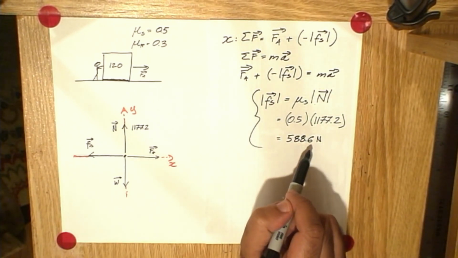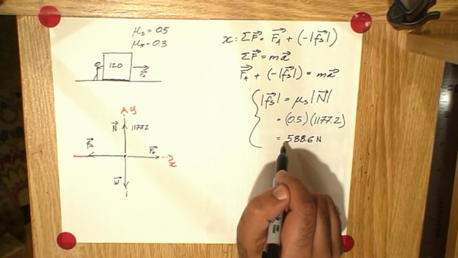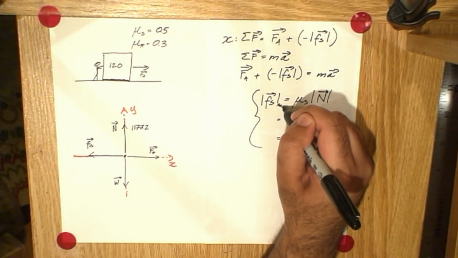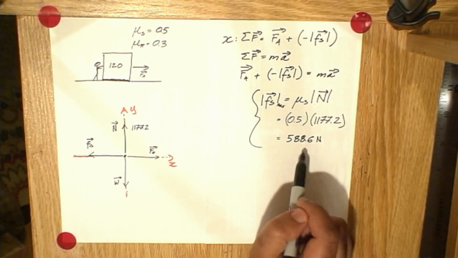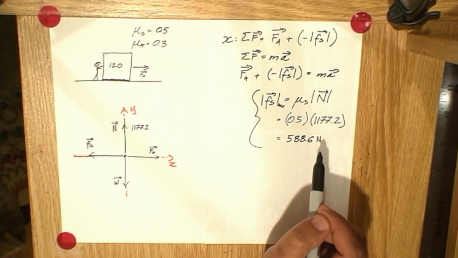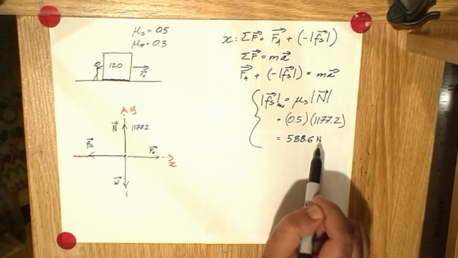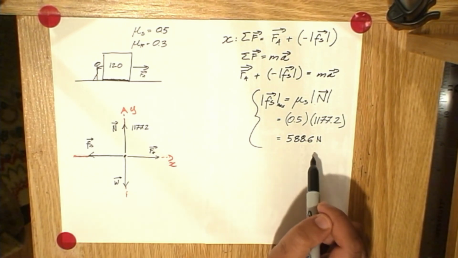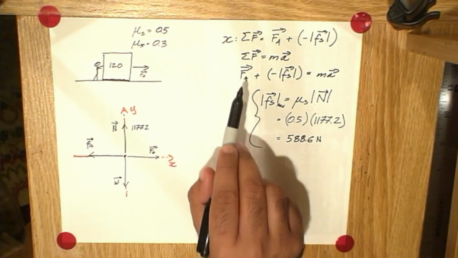So that means that the maximum value of static friction, I really should write it like this. The maximum possible value of static friction is 588.6 newtons. It can take on a value that's less than that, but it can never take on a value that's more than that. So if we want to be able to start this moving, we need to apply at least that